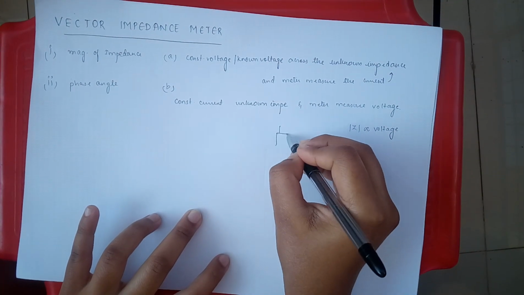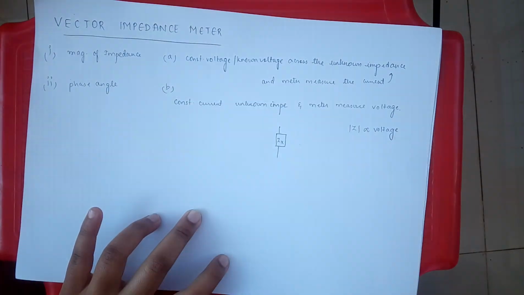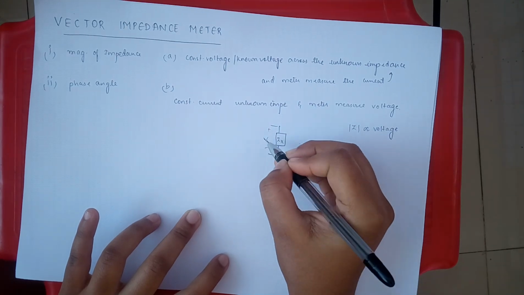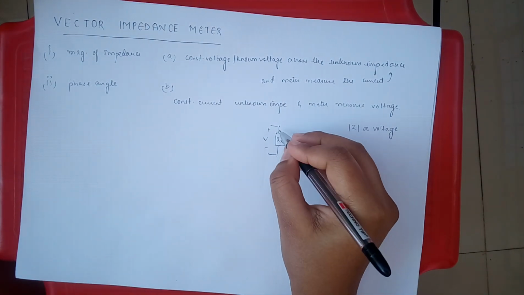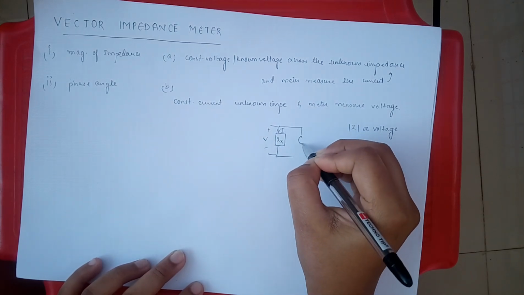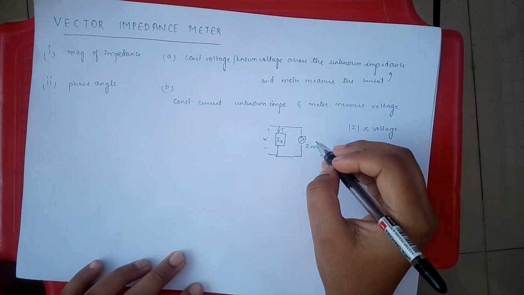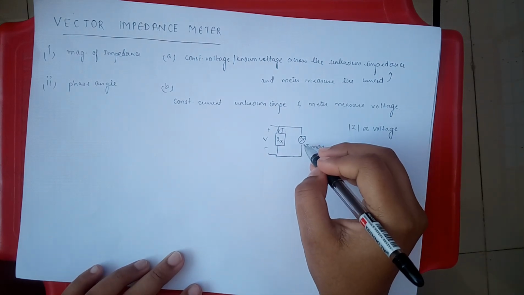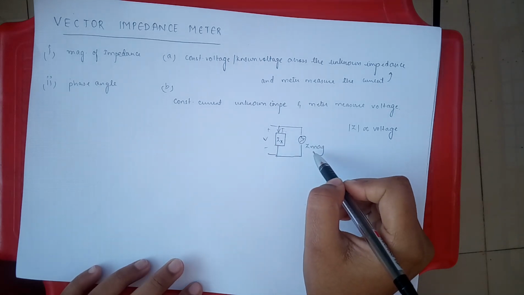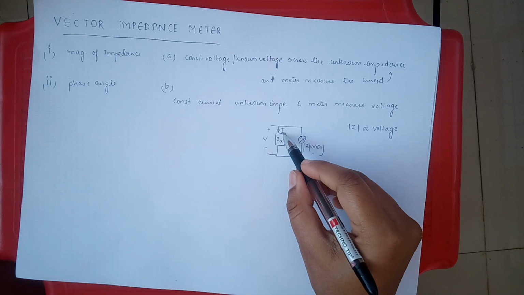Just to show you again, this is your unknown impedance, and in the first method you maintain a constant voltage across this of some known value, and then you measure the current flowing through this. You connect this to a meter which measures Z, the Z magnitude meter, which in this case will measure the current through this, and so provides a reading of the magnitude of Z, which is proportional to the current through the unknown impedance.